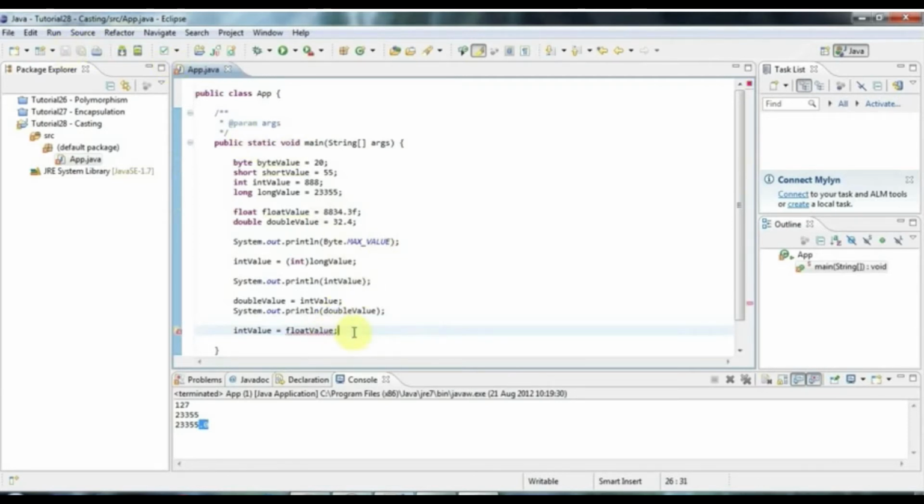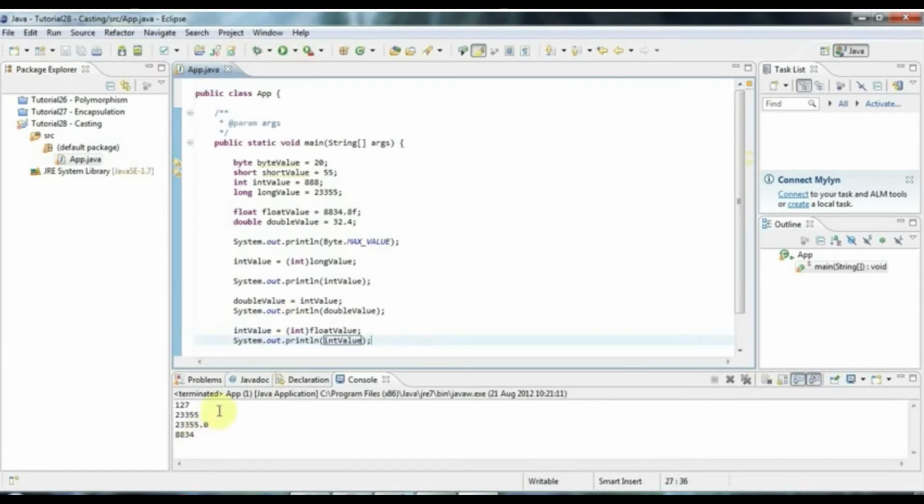Well, not go wrong, but the thing is we're going to lose this stuff after the floating point, the 0.3. Let's change it to actually 0.8, for a reason that I'll explain in a minute. And Java wants to know that you really do want to chop off the end of this here, so you have to cast it, and I can put a cast here. I can cast from the float value to the int value, and then let's do a sys out here on int value, and if I run that, then I've got